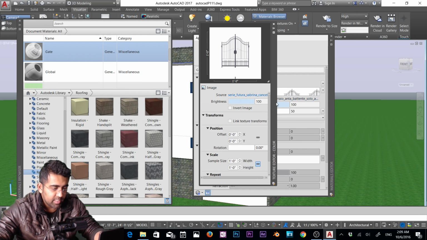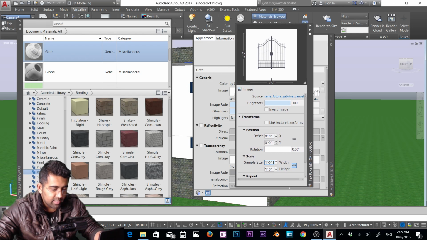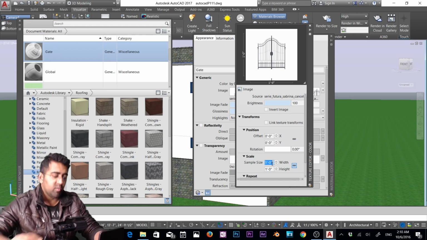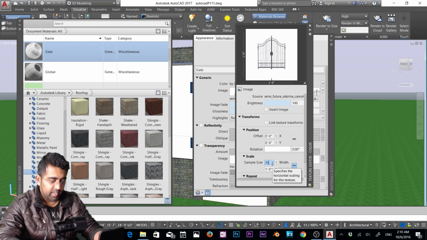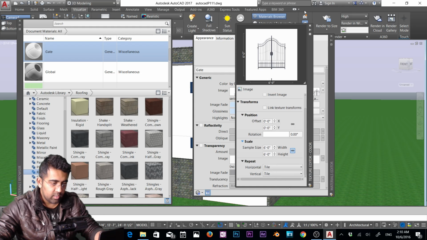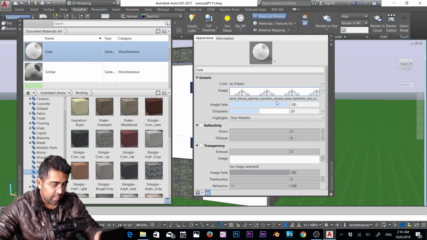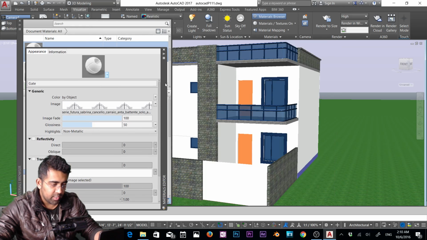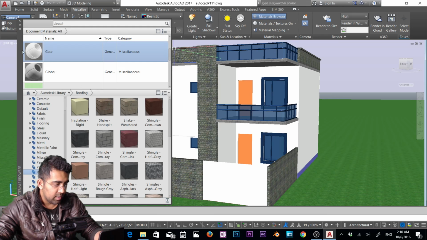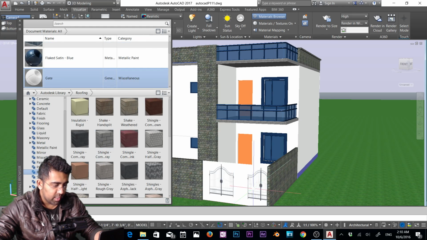Now I'm just gonna expand this box here so we can change the sample size later on. So sample size, basically our gate was like 10 feet by 6 feet. Alright, so let's try that out. Let's close that. And now I'm going to close this as well. And let's apply that gate there. Okay, so as you can see that we got the gate there, but it doesn't really fit exactly where we